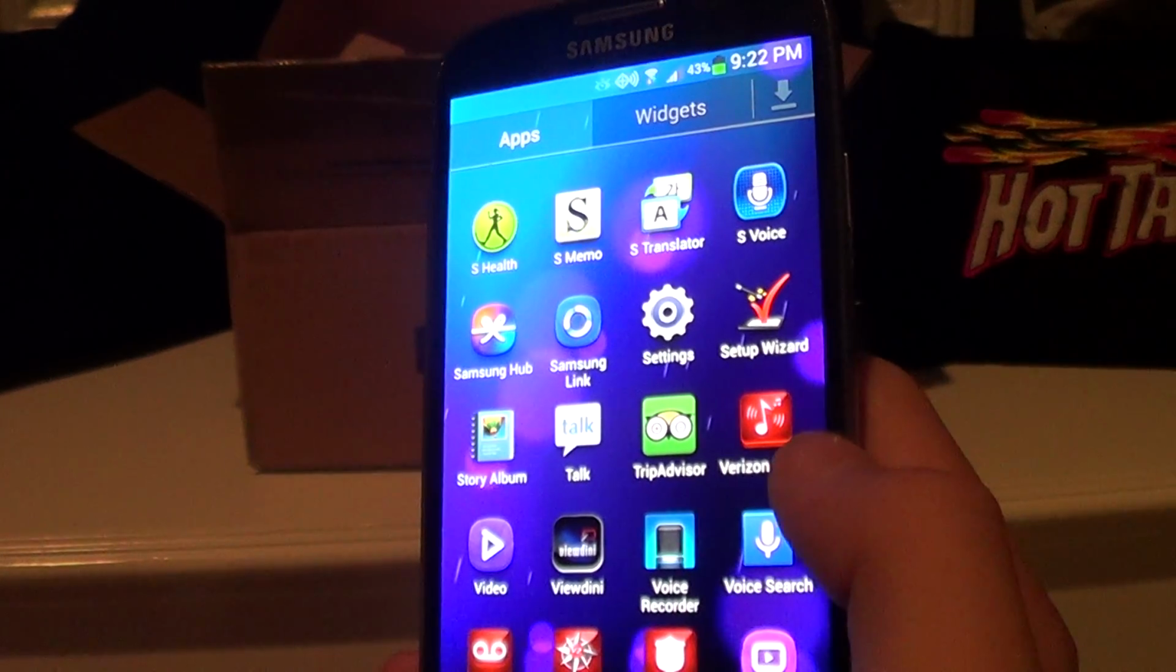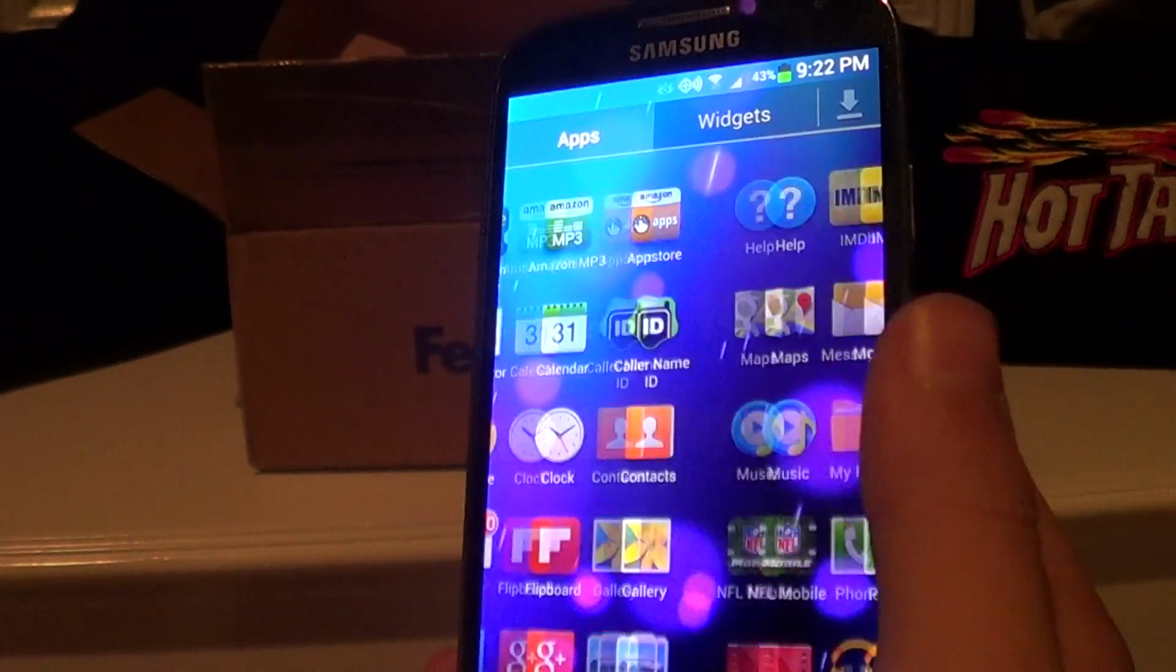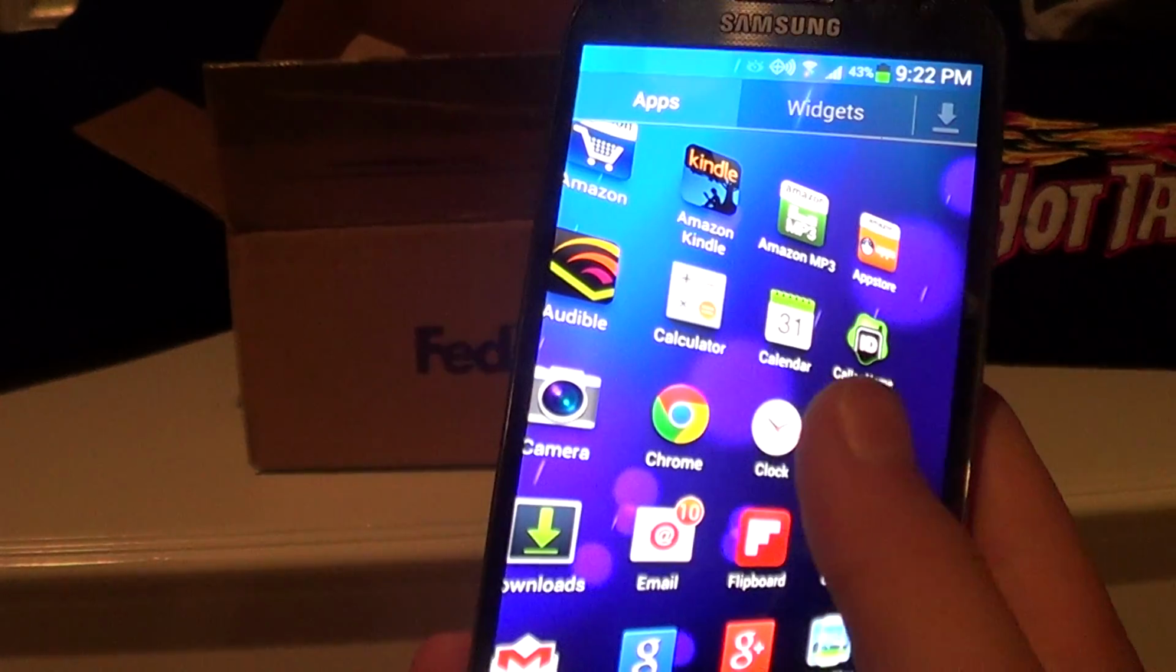Let's say you wanted, I don't know, I don't think there are any other web browsers. You can also get Firefox, Safari, and